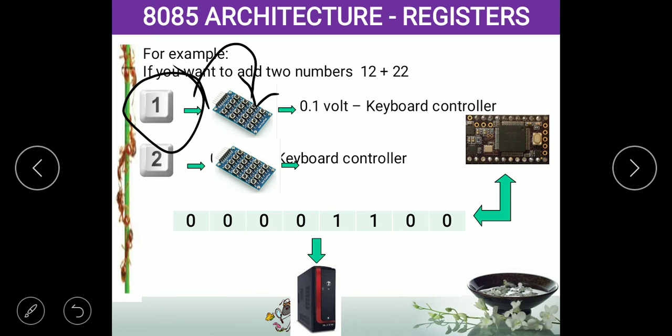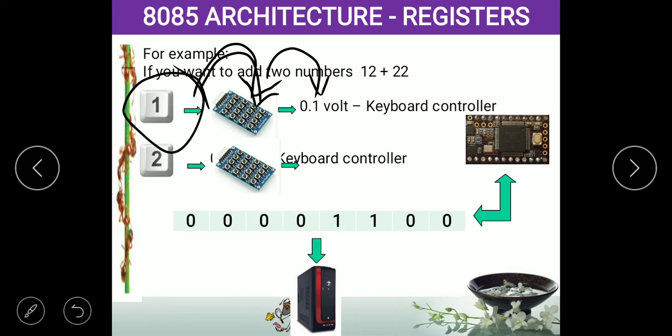Okay, for example, if I press 1, immediately the 1 is given to the array of capacitors. Inside the keyboard there is an array of capacitors. Assume that it is similar to a breadboard, where there is an array of elements, or an array of LEDs. Similarly, there is an array of capacitors, N number of capacitors arranged below each and every key. If you press 1, that will emit 0.1 volt. For example, let us assume like that.